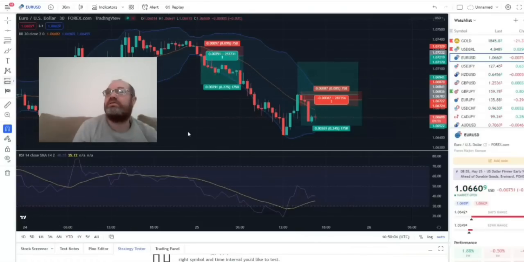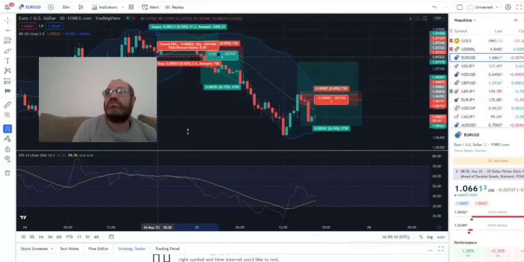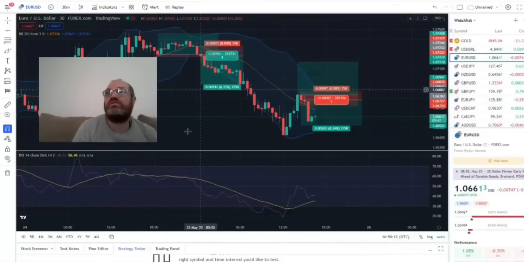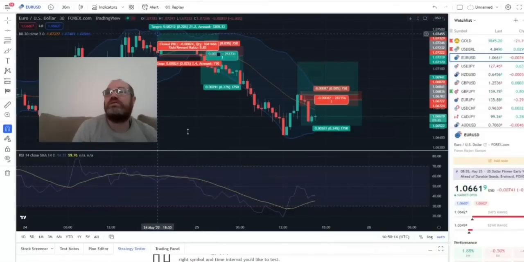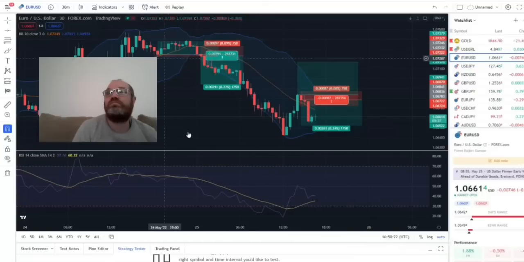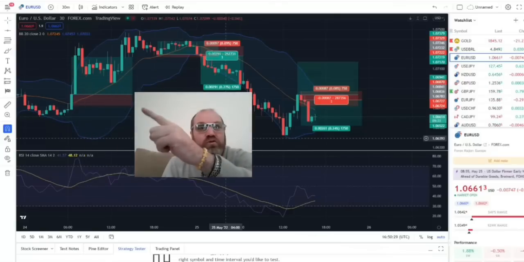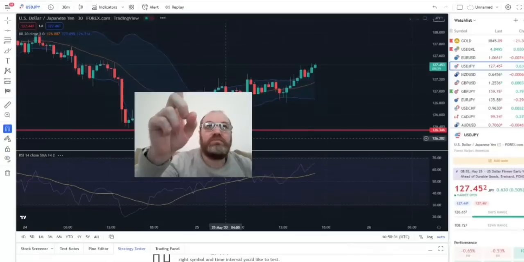Just so there is no confusion, we would have entered here with a long. We would have set the stop loss right below, like this, very tight. And we would take 3 times take profit. By the way, it would be a loser. So we would have 3, then we are,